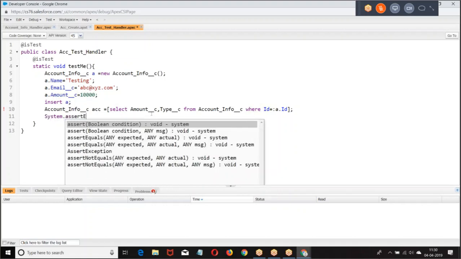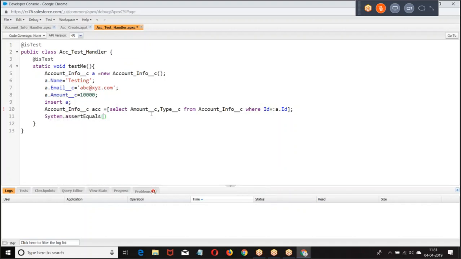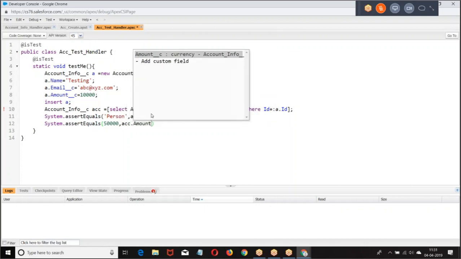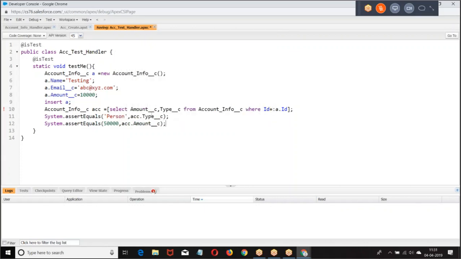System.assertEquals. Now if it is running properly, the value of type should be modified as person, and the value of amount should be modified as 50,000. If the trigger is working properly, the following changes should happen.